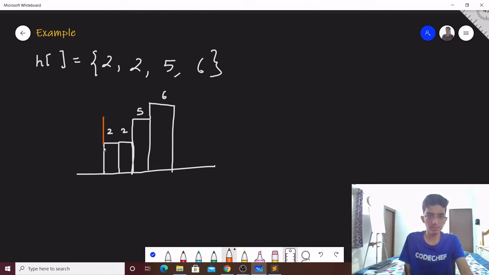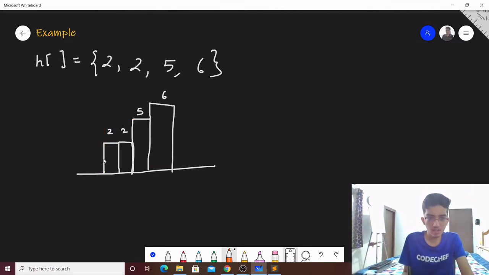So first of all, a rectangle like this is not possible because the maximum height of this rectangle is 2 and we want to extend it till 5, so that is not possible. So any rectangular region which occupies more height than the permissible height will not be possible.